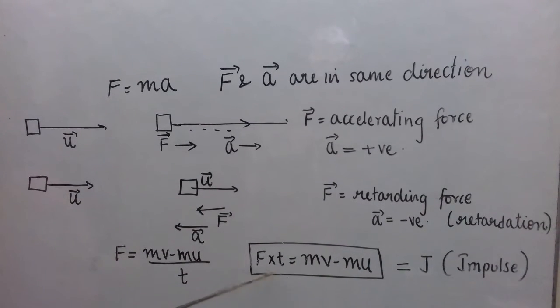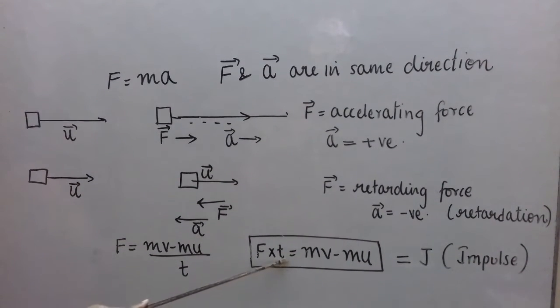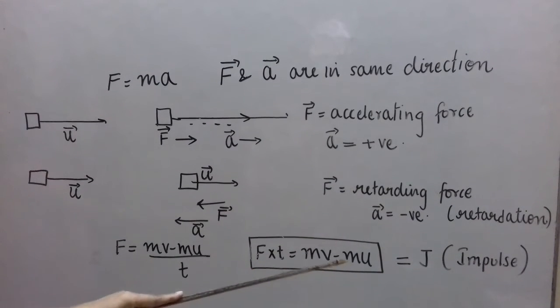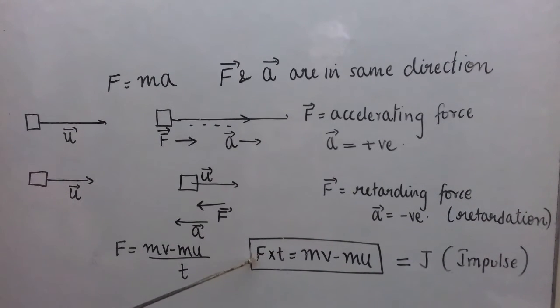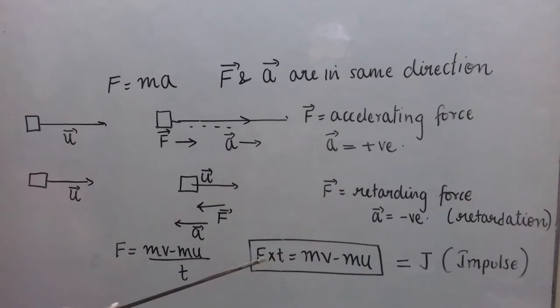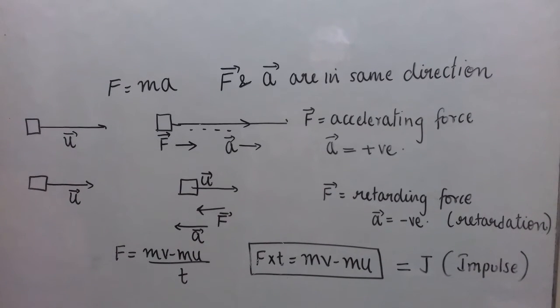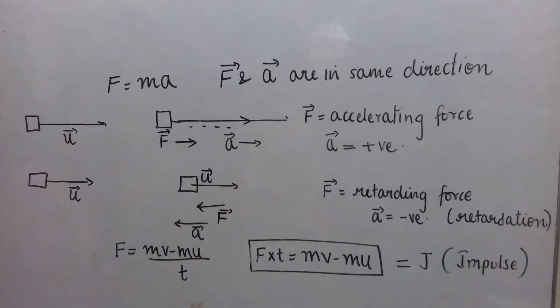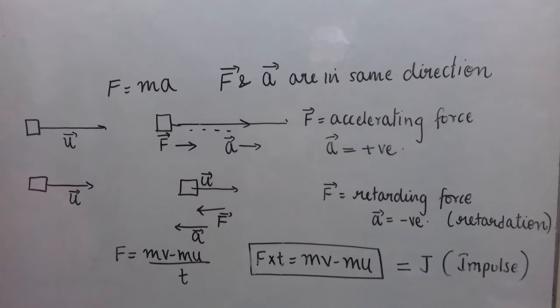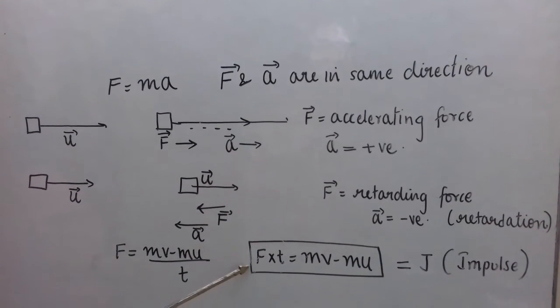Okay, and what will be the SI unit of impulse? See this expression, J is equal to F into T. So the SI unit of impulse will be Newton second. CGS unit of force is dyne and time is second, so CGS unit of impulse will be dyne second. Although we have not covered this under learning outcomes, you should still know the answers to these questions: define impulse, give its SI and CGS unit.